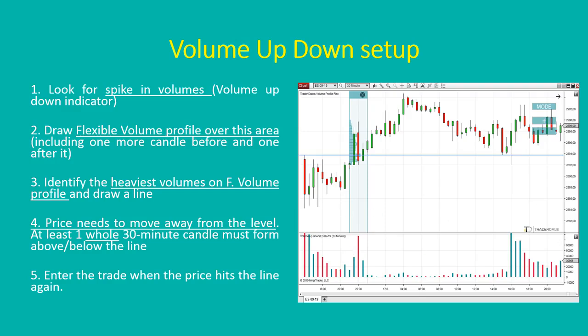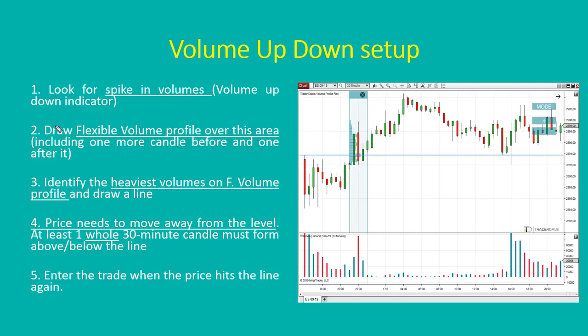In this case, the spike is in here. This is the spike in volumes. If you compare the volumes to other ones, for example to those volumes or to those volumes, then you can tell that this is a volume spike. Unusually heavy volumes compared to the volumes around. Alright, so when you see something like this, volume bars heavier than other volume bars, then you go to step 2,